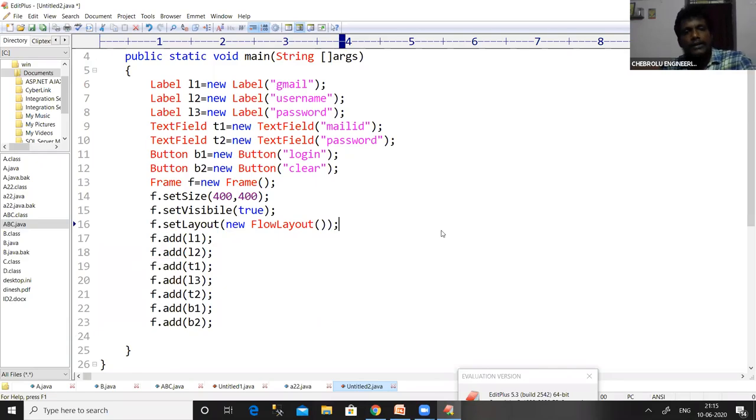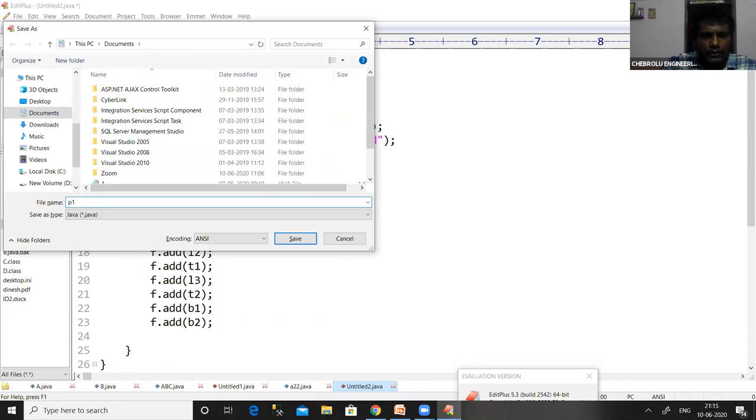let us execute this particular program. I have written the entire program with the class name P1, so I am saving this particular program as P1.java. As we all know, we have to save the program as classname.java.